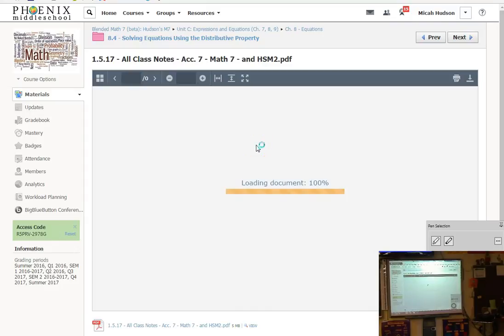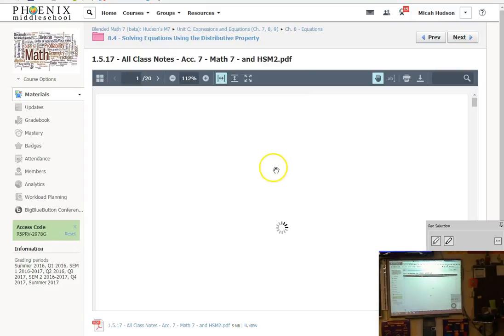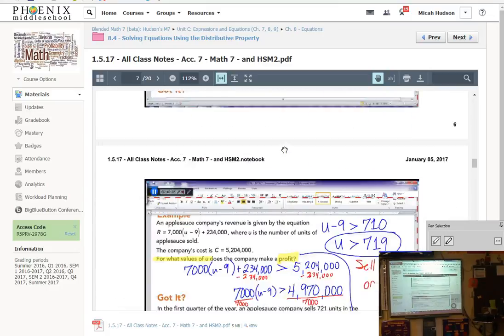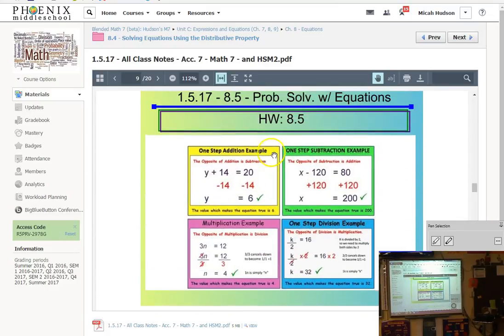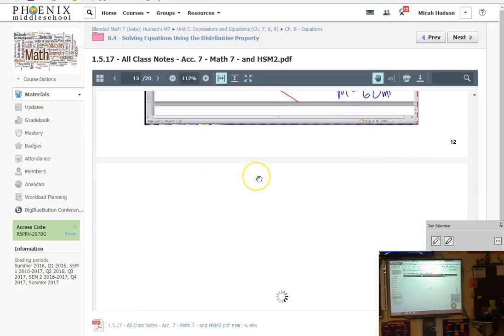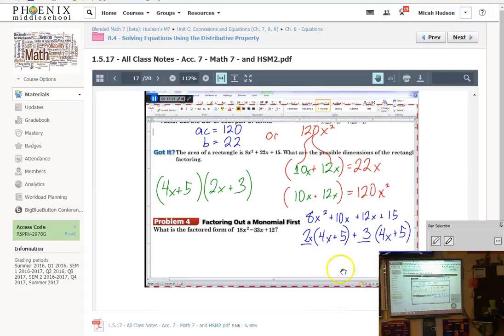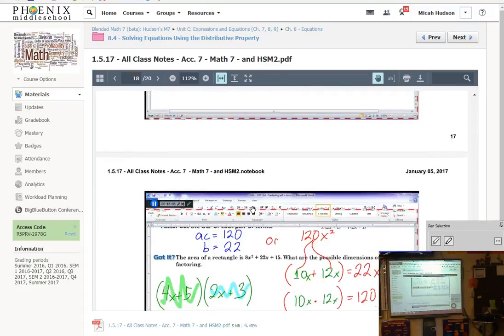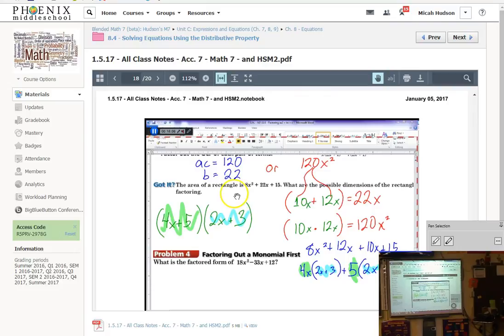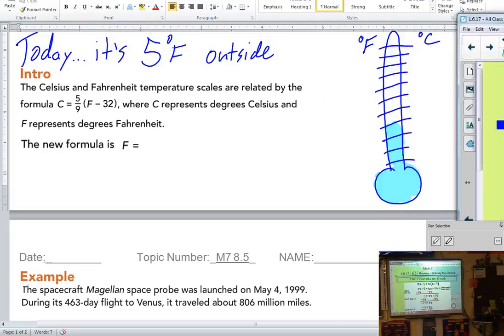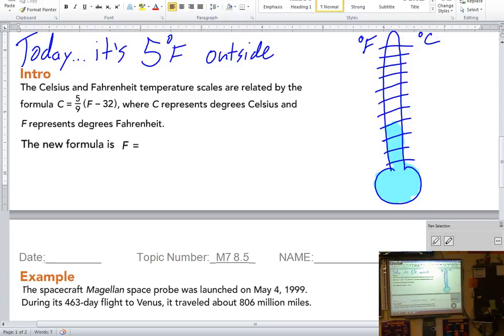The first set will be Accelerated 7, and you can just scroll on through those. It will say Accelerated 7, so you'll be aware of it, and then we get to our Math 7 stuff. If you scroll on through, if you care, you can see what we do in high school, which is really crazy complicated binomial work right now. Not scary, you just haven't learned it yet. Just so you're aware, this file is going to be one big continuous file now.